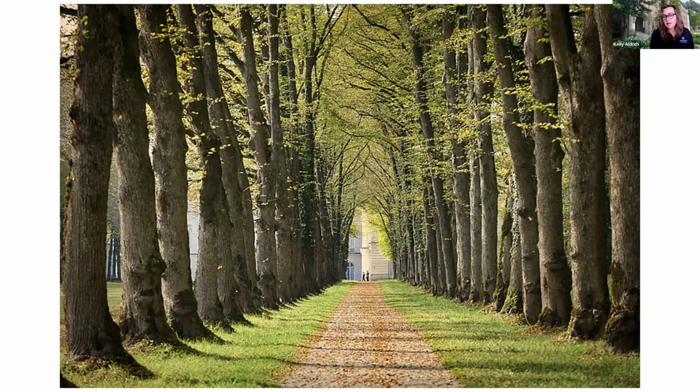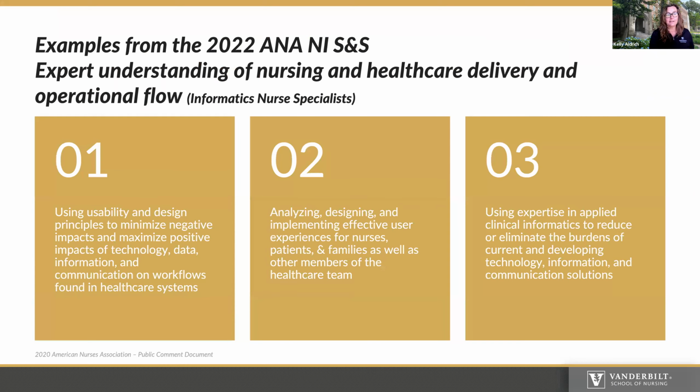How do we see the path through all the trees? You know, where are we going with this? Where am I trying to lead you? Well,